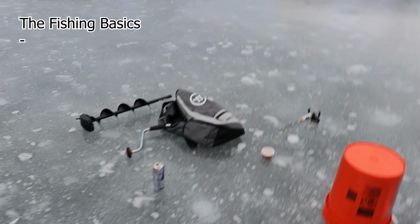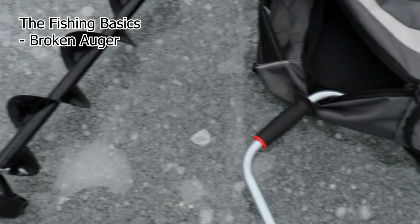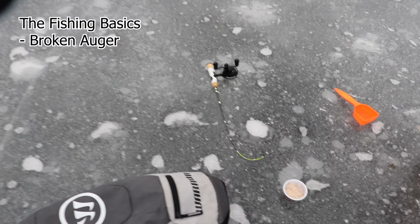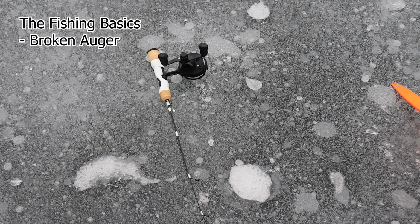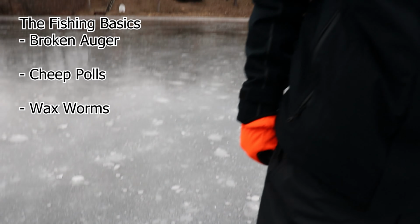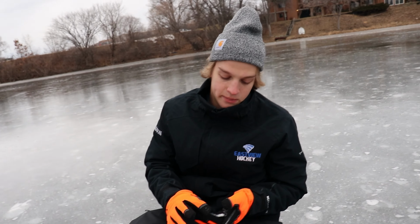This guy walks by us, and he saw that we don't have like a Vexilar or anything. We're doing the fishing basics. We got an auger. That's not even working. Yeah, the hand auger doesn't even work. We're using other people's old holes because they forgot the screw. We got mid-price poles with wax worms, and Nate's throwing a jig head. I'm throwing a little, I don't even know what you call it, just a little thing with a million hooks